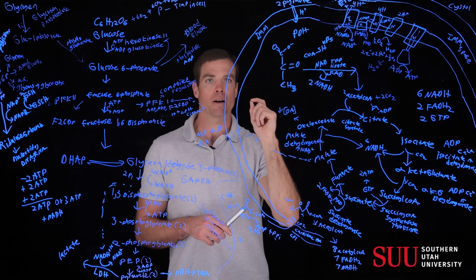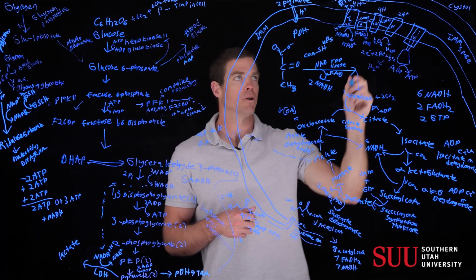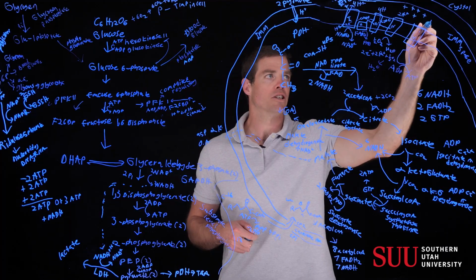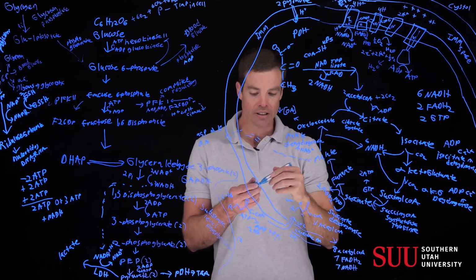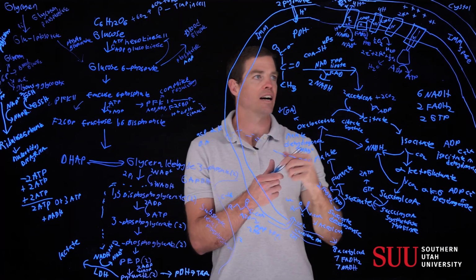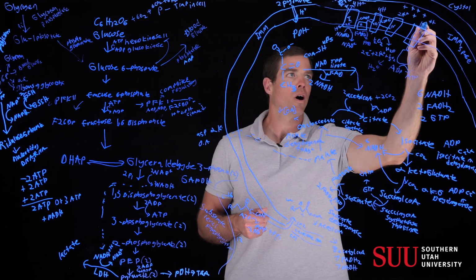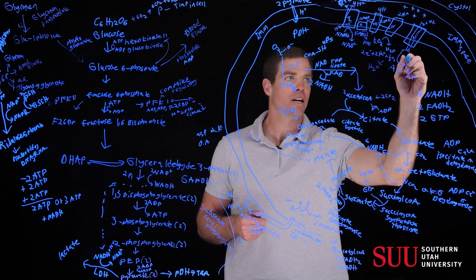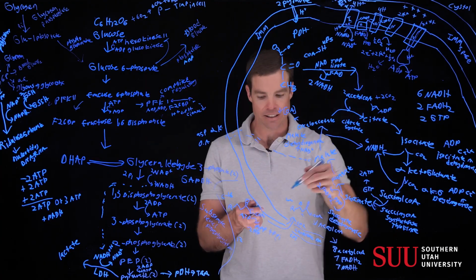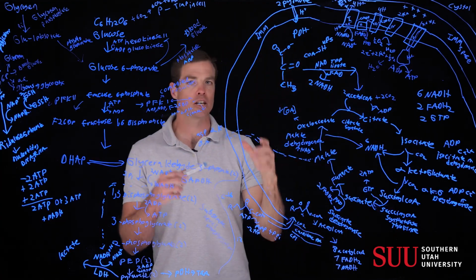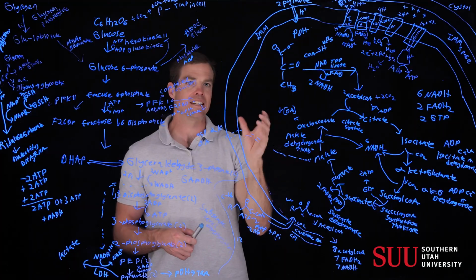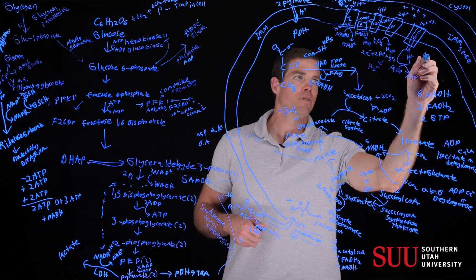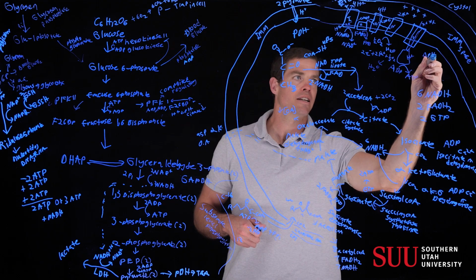Now, why is this important? Why is pumping these protons so important, right? So you have a very high gradient of positive charge right here. Well, the reason is because these hydrogen ions are going to want to come through here, and come back into the matrix. This is the gradient. So you have a delta in the pH, all right, is what you're really making. So a delta in the pH gradient is like